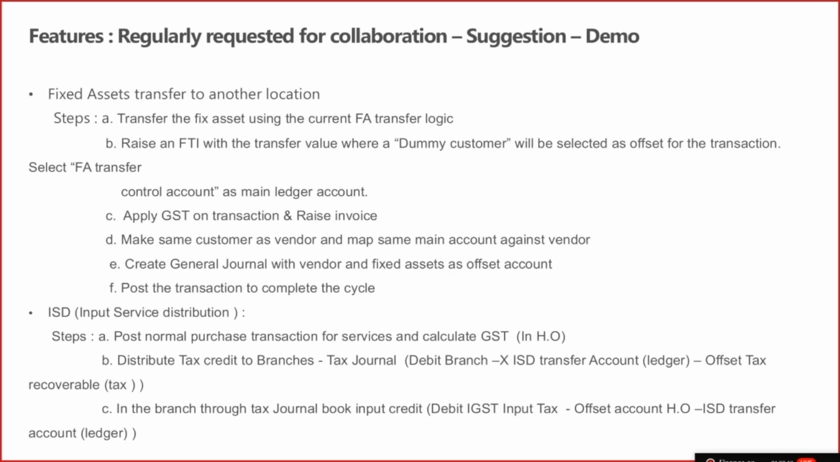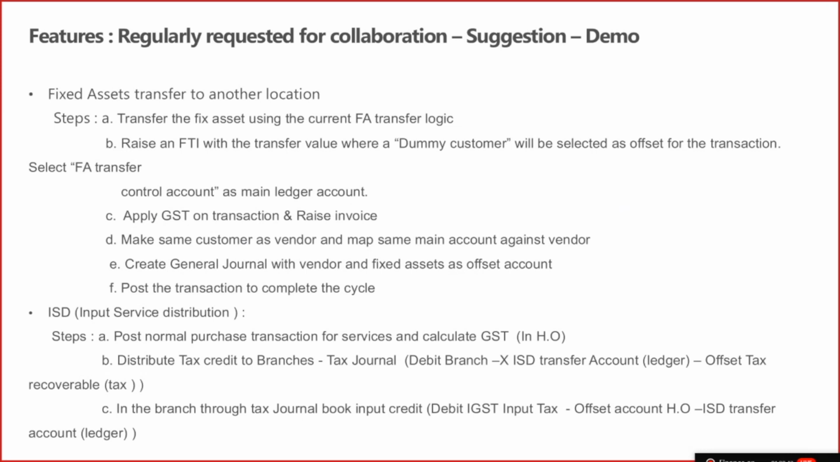Then we have ISD. ISD we are not supporting, we have clarified it, but we have got a lot of escalations on how it can be handled. As per my understanding, it can be handled only through a tax journal, which we have provided in the application. So in the tax journal, you can create a branch transfer account, branch transfer control account or something like that, and you can debit the branch's account and credit the